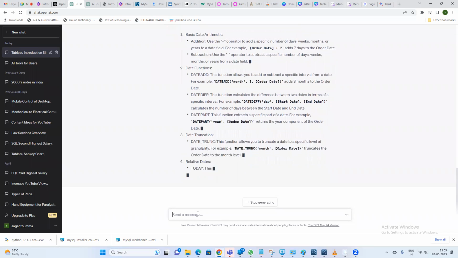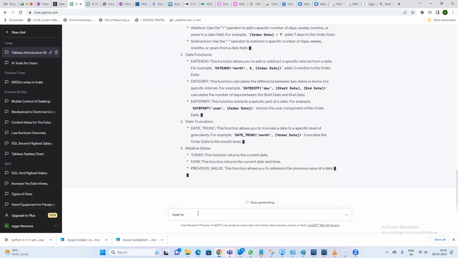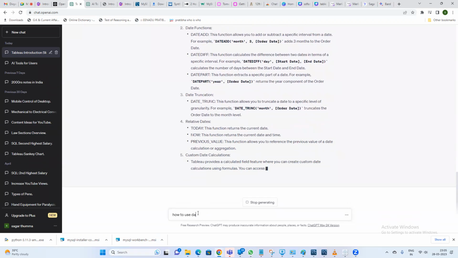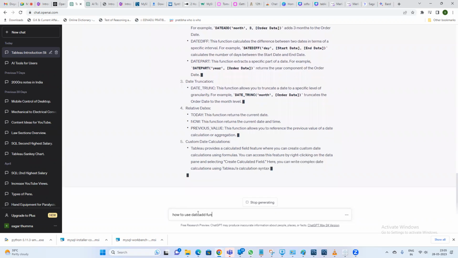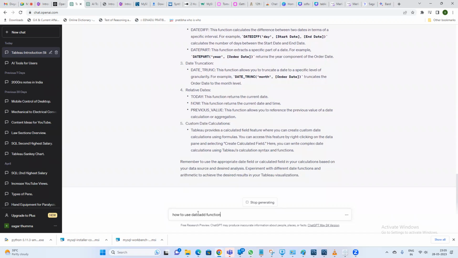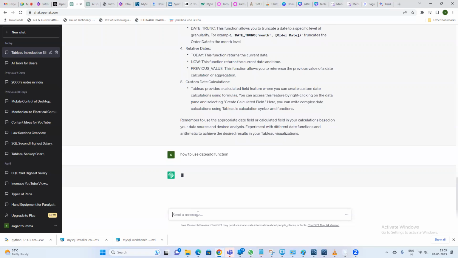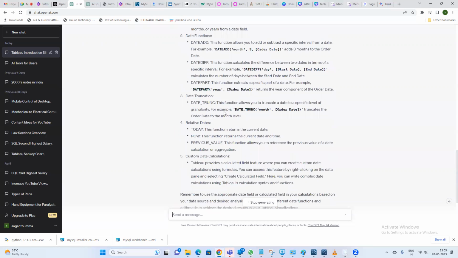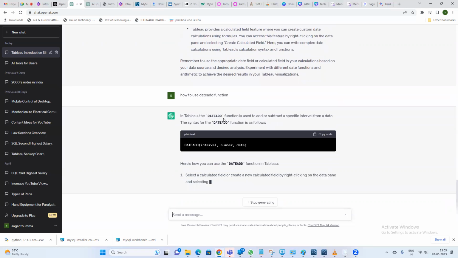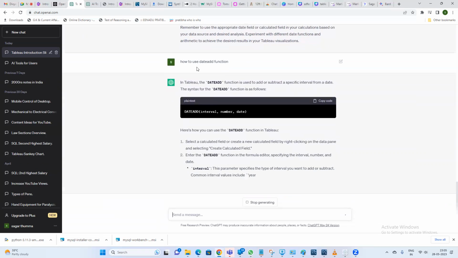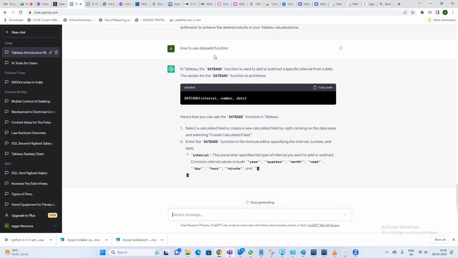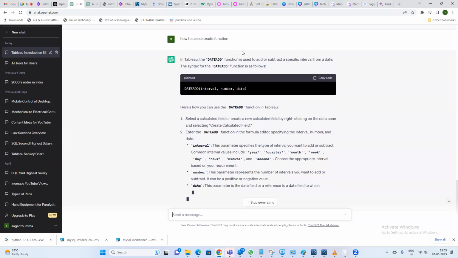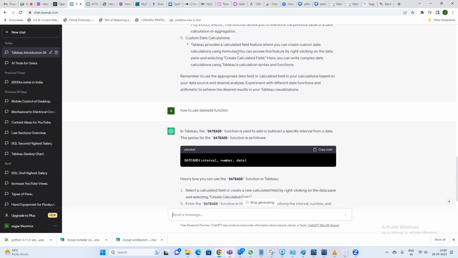And you can also mention how to use the DATEADD function. Based on the above question, I'm talking about Tableau. If you normally type date, it won't understand it as Tableau, but as we are in this conversation of discussing Tableau, now it will give you